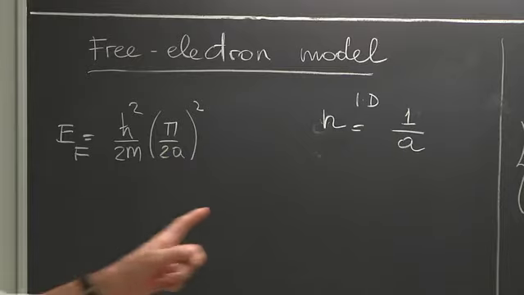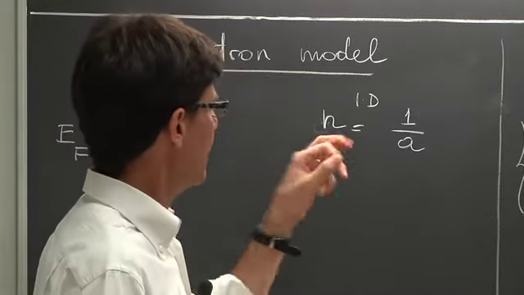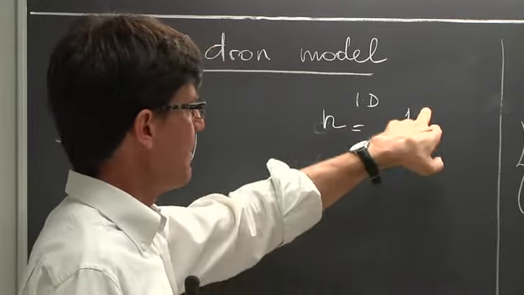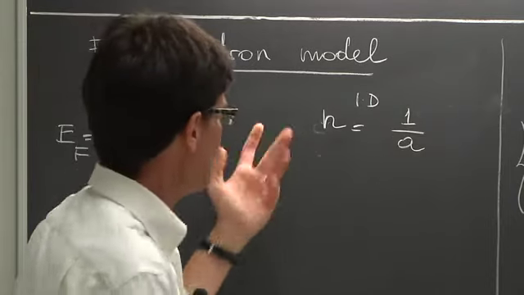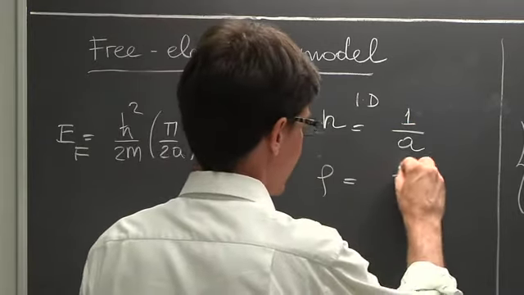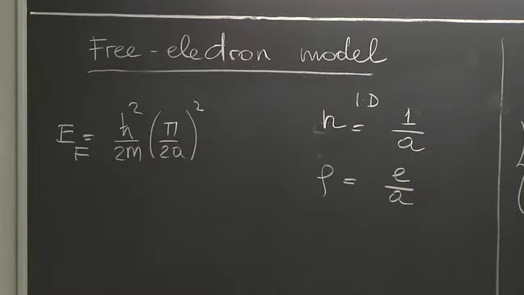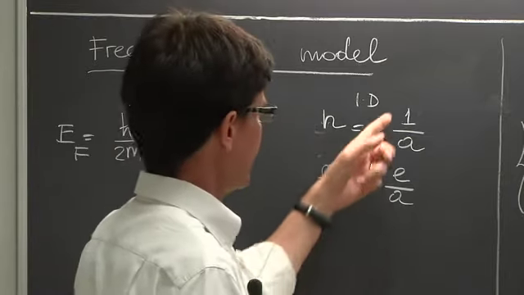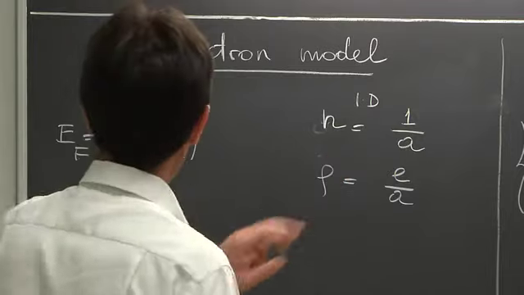I'm talking about number density, right? I'm not using rho. I don't know what kind of notation is used in general, but by n, I typically mean the number density, the number of electrons per volume. Sometimes you may wish to use rho, the real density, but then the density would be e over a. It depends on the notation, of course. This is the charge density, this is the number density, the number of electrons per length. Let me use the number density, 1 electron per a. Which means for a one-dimensional system,